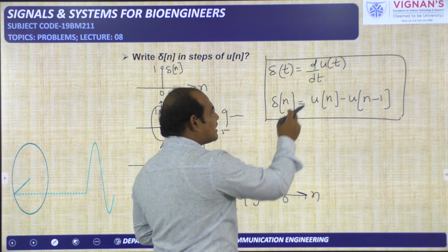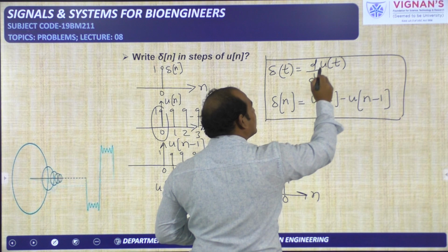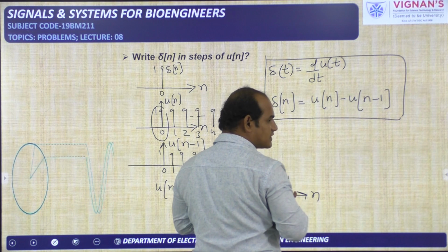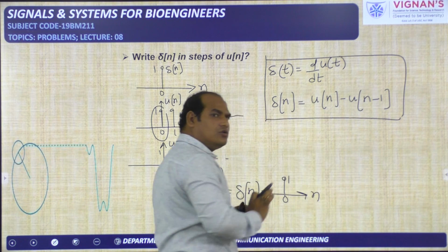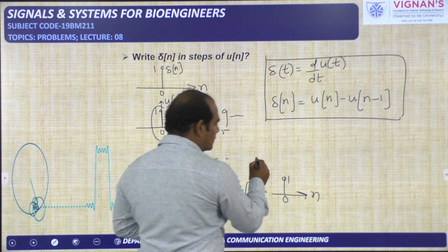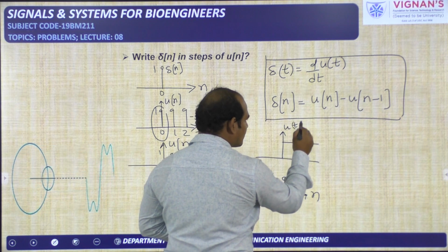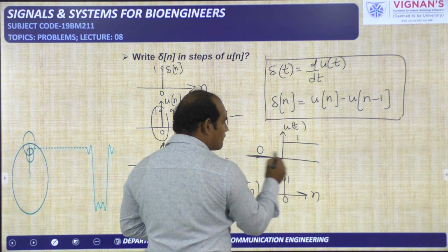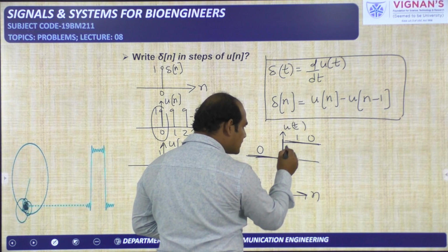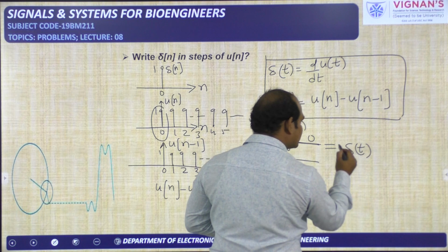So, differentiation of u of t, how can we tell this? Difference in y coordinates by difference in x coordinates, that is nothing but slope actually. Derivative means slope of the u of t only. For example, u of t is available like this. What is the slope of the x axis? 0. What is the slope of the 1? That means it is parallel to the x axis, so it is also 0. What is the slope of this one? Infinity. So simply you have calculated the slope and you are telling that is the del of t.